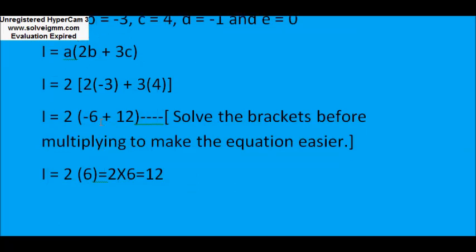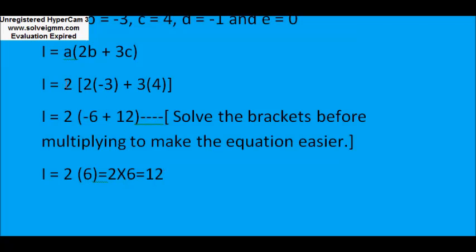Now first of all, you have to simplify the bracket portion again. 12 minus 6 is equal to 6, because according to the rules of algebra, we have two opposite signs, so you will subtract, and the sign will be of the greater number. So plus 12 minus 6 equals plus 6, and you can write simply 6 also. So 6 into 2 equals 12. So you can also write in this way: 2 multiplied by 6 equals 12.